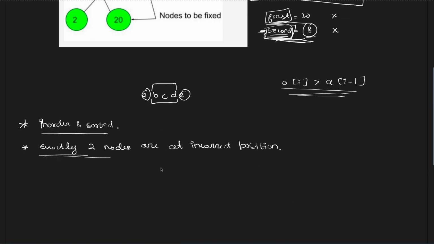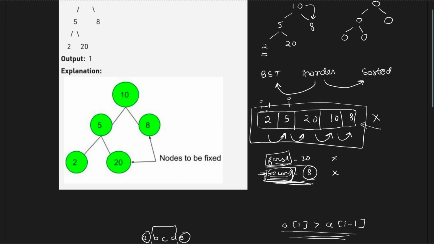Now we know these two things. So the first thing is we form an array where all the elements are stored in order traversal. We just check which positions are not in increasing order of the array. For example, these two form a pair which is not satisfying the property of a sorted array, and these two elements are also not satisfying the property of a sorted array. Now we again know that there are exactly two elements which are not at their correct position. So we can assume that if there are multiple elements, for example these, which are not at their correct positions, we find them